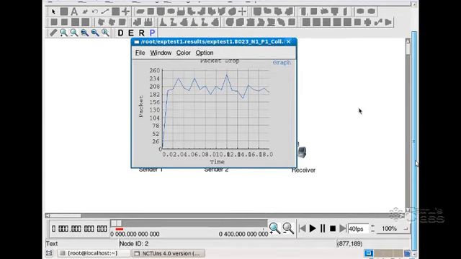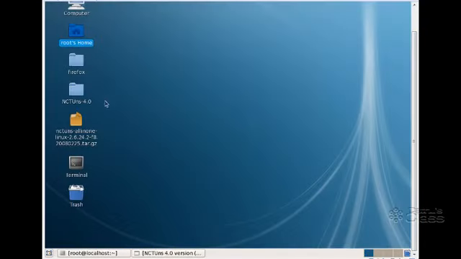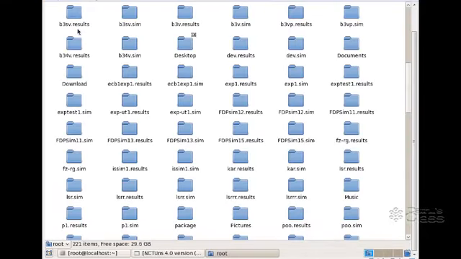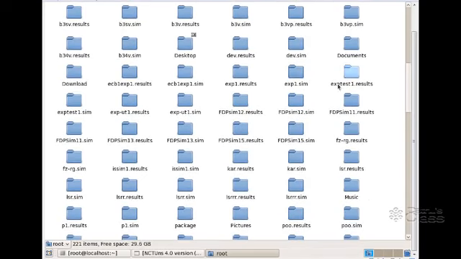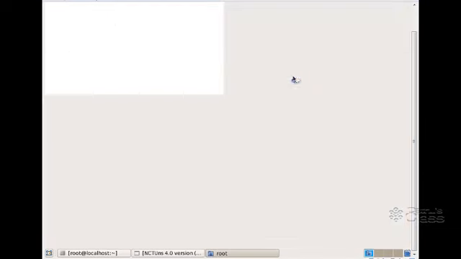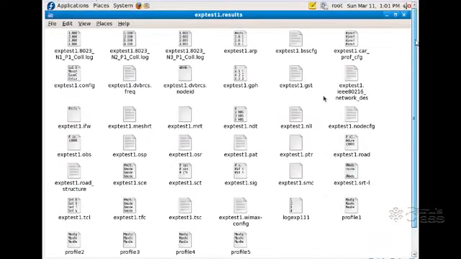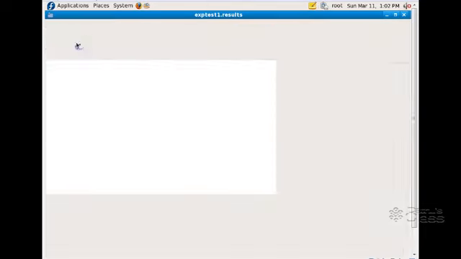To view accurately, minimize this and go to root's home. In the root's home, check for the file name you have given for the experiment. In our case it is experiment test1. Here it is. Double click on it. Now see here, experiment test1 802.3. Basically this is the protocol, the wired protocol code. So n1 to p1, click on it.